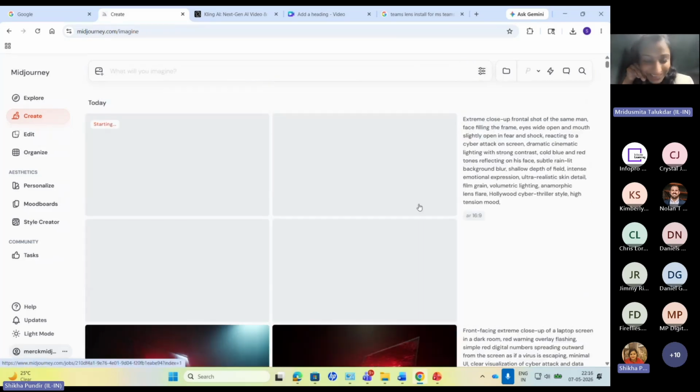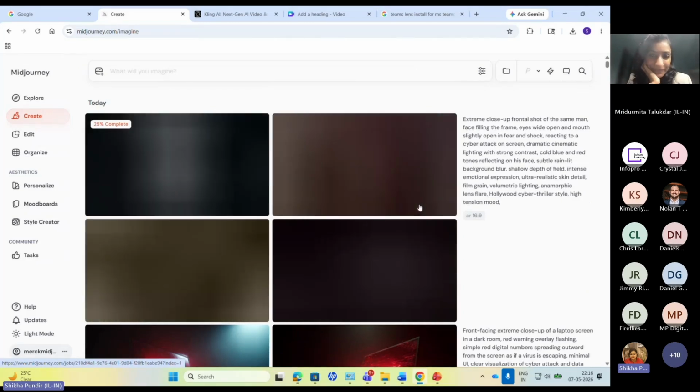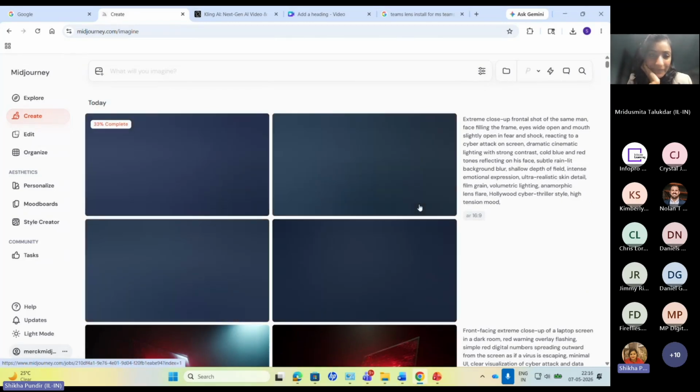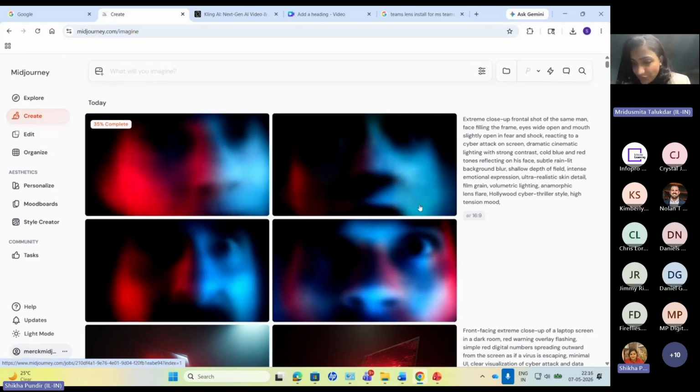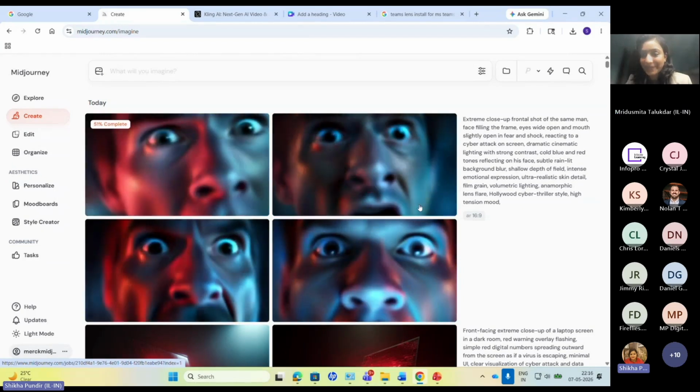I think we have our image ready. We are doing Midjourney now. I think somebody had a question: which AI tool? Currently we are in Midjourney.